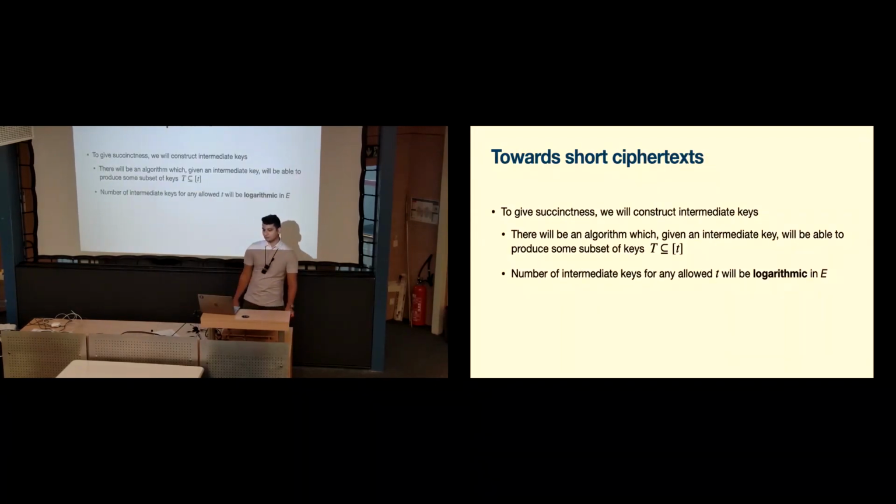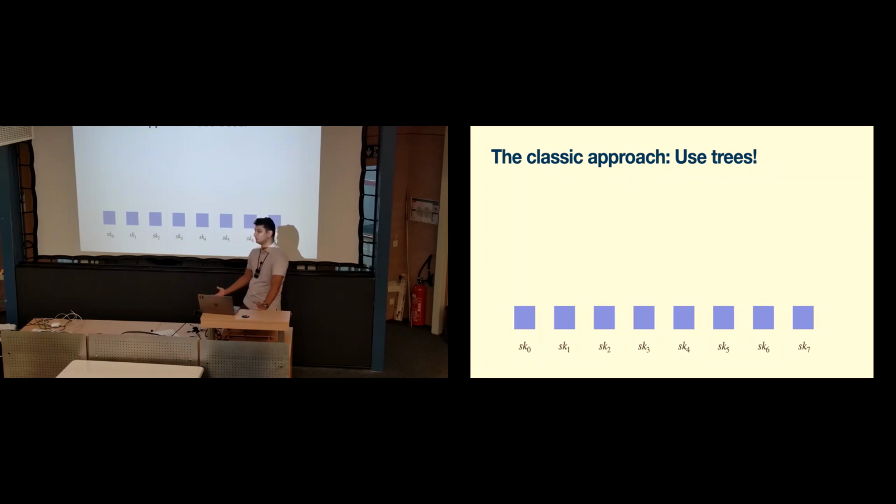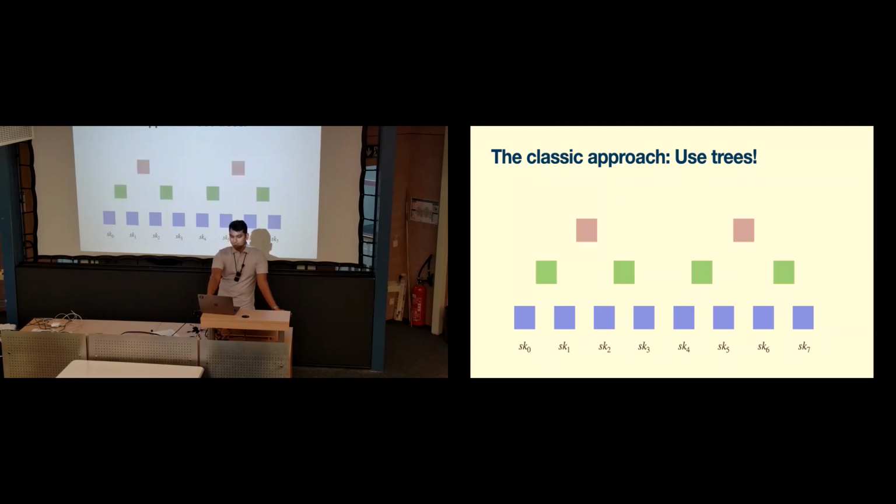And to solve these problems, a natural approach is to consider intermediate keys. The goal of intermediate keys here is that you want a logarithmic number of keys in the number of epochs. And they should allow you to produce keys up until a certain period of time, right? And this should become more clear with the classic approach of using trees, right? So I'm taking the simple example that you have 8 timestamps here, and we want to sign using these 8 timestamps, and similar to the previous approach, you have a key for each different timestamp, right? So we're going to build this tree,